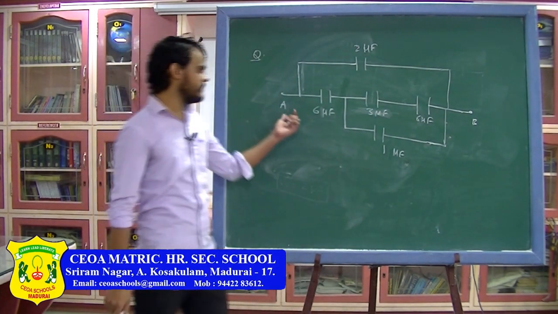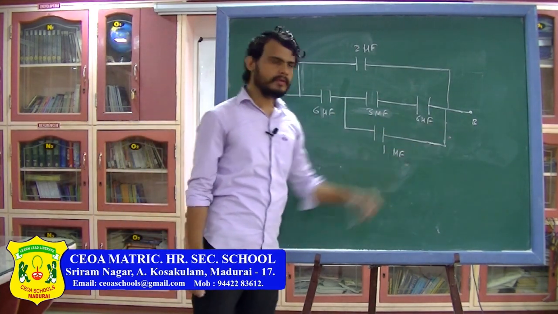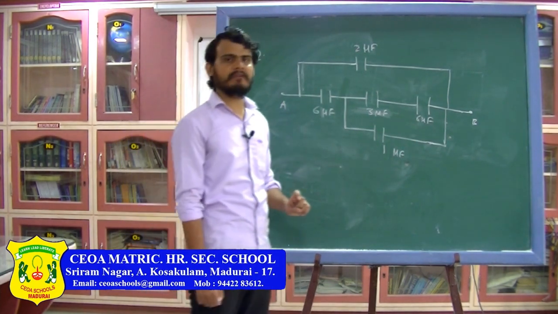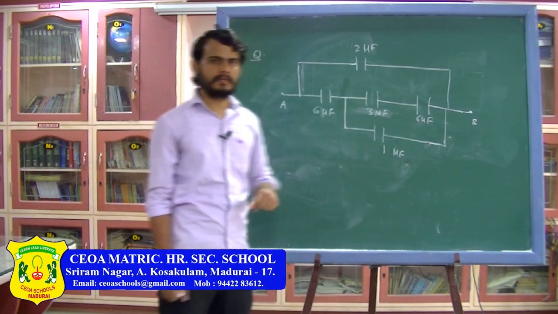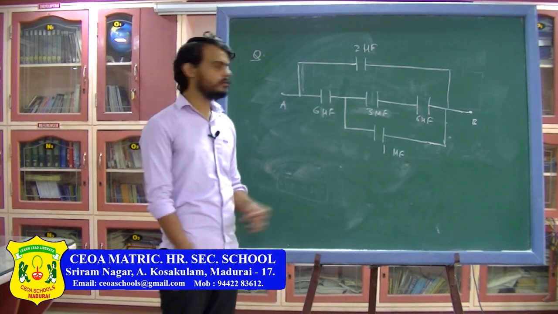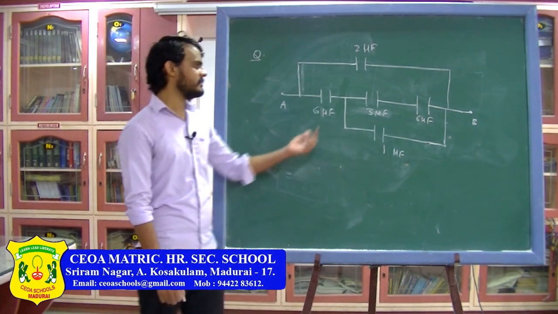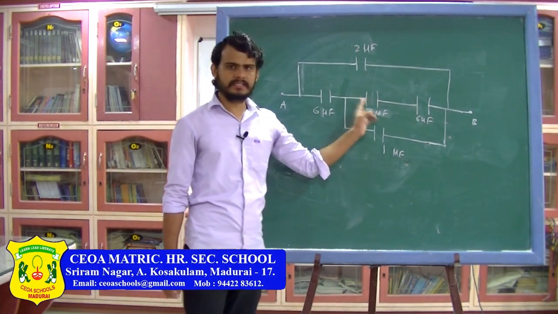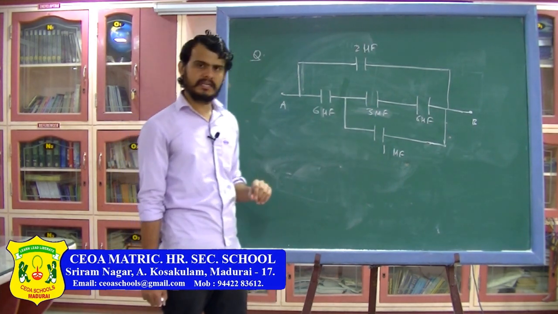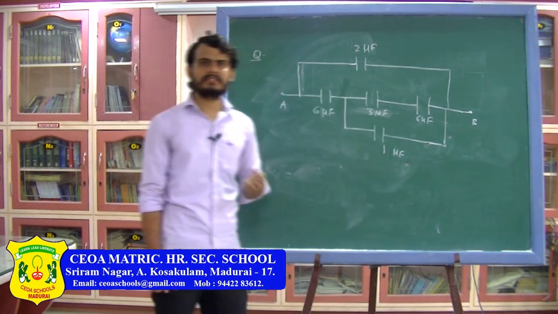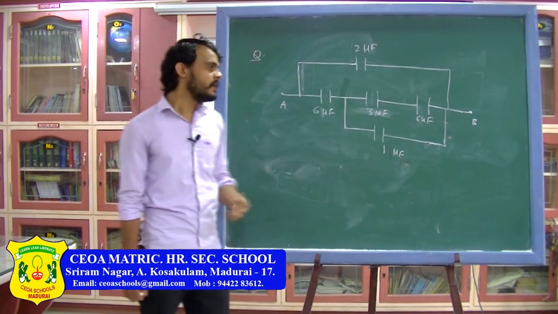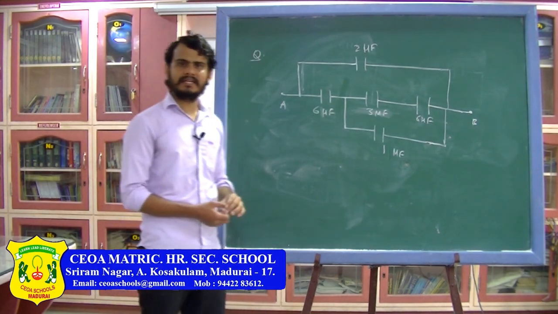Now here again, between these 2 points, point A and point B, there are a total of 5 capacitors connected like this, and you have to find the equivalent capacitance between point A and point B. Now as you can see, all the capacitors are neither in series nor in parallel. Here you have some capacitors connected in series and some connected in parallel. So you have to break the circuit into small sections, find the equivalent of those small sections, and then you can reduce this circuit. You have already done these kinds of problems in current electricity.